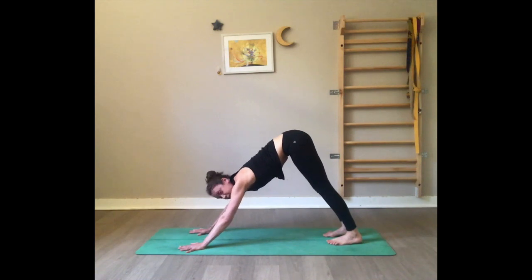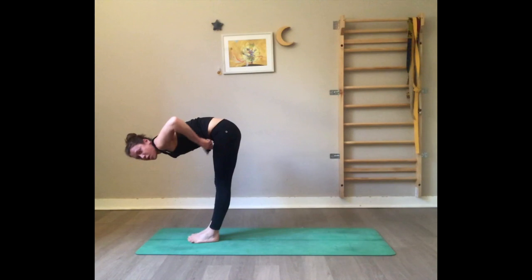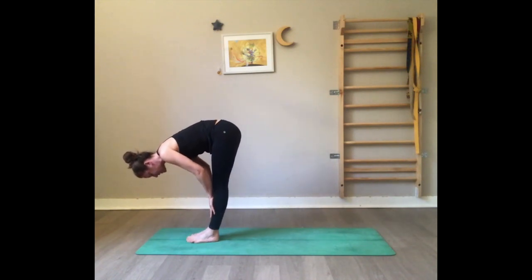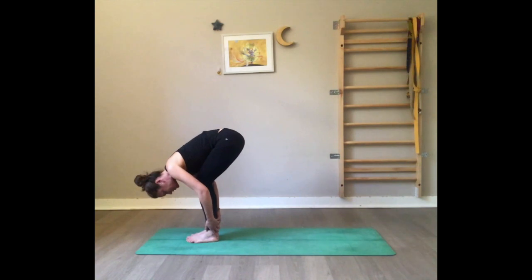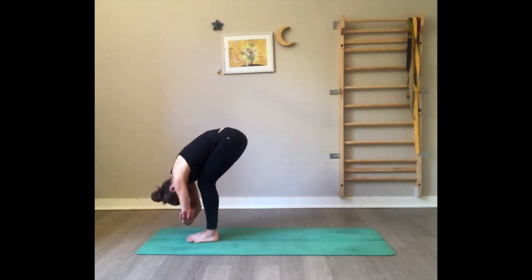Now gaze forward. Bring the right foot and the left foot towards the front of the mat. You can walk, you can take several steps here. Now bring the hands on the shins. Inhale, look halfway up with a flat back. And exhale, fold, but bend the knees generously so you can grab the elbows and rest in your ragdoll pose